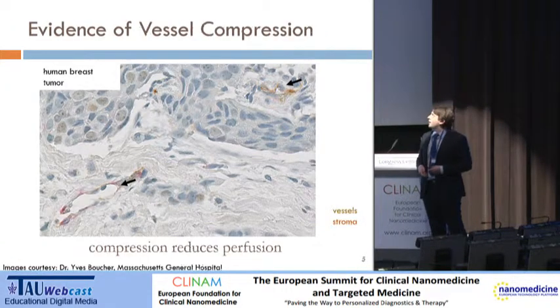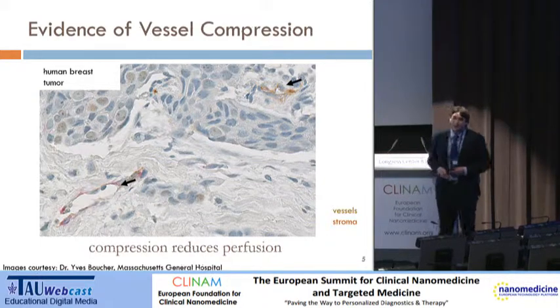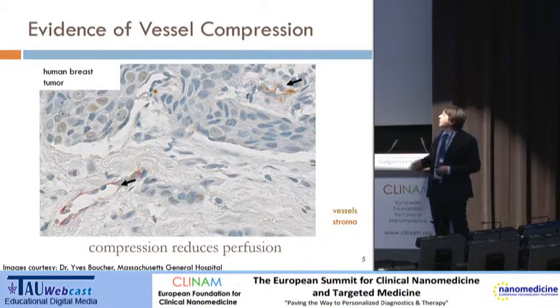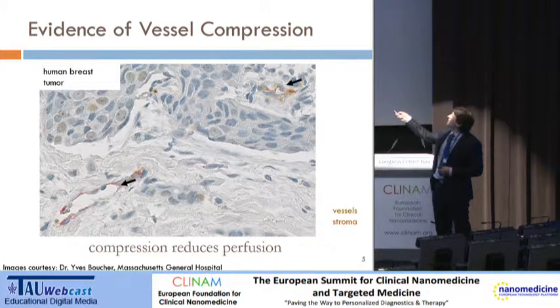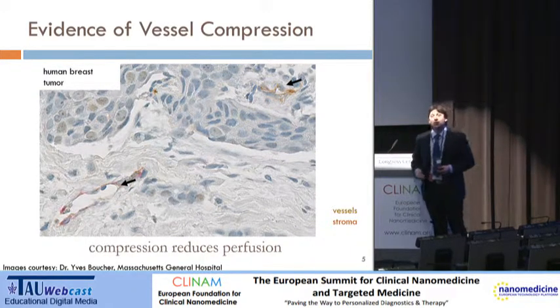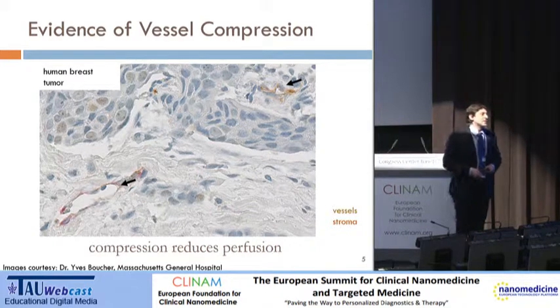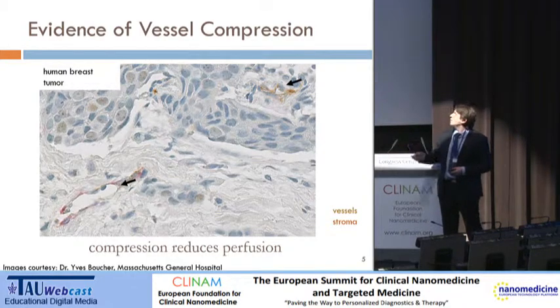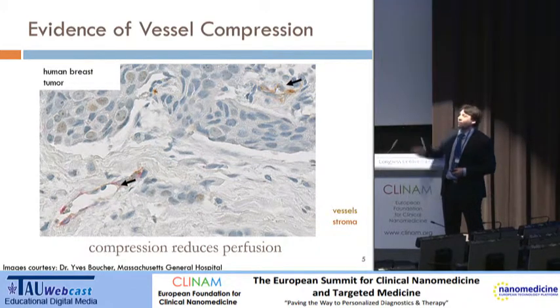And also there is clinical evidence of vessel compression. So what we see here is histology of the human breast tumor, where this arrow shows the position of the vessel, and we see that the lumen is deformed. It has this elliptical shape, while in this case the brown color shows the endothelial lining, and we don't see the lumen because the vessel is collapsed. So in the first case here we have compromised flow, while in the second case we have no flow,